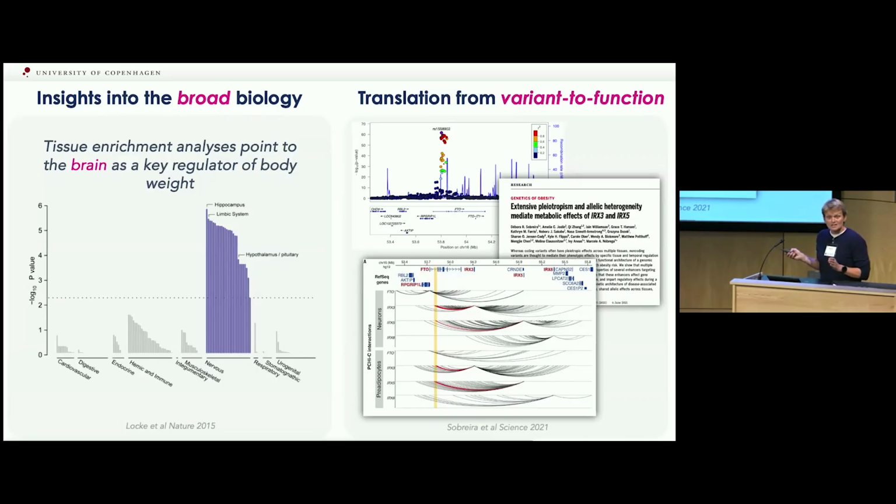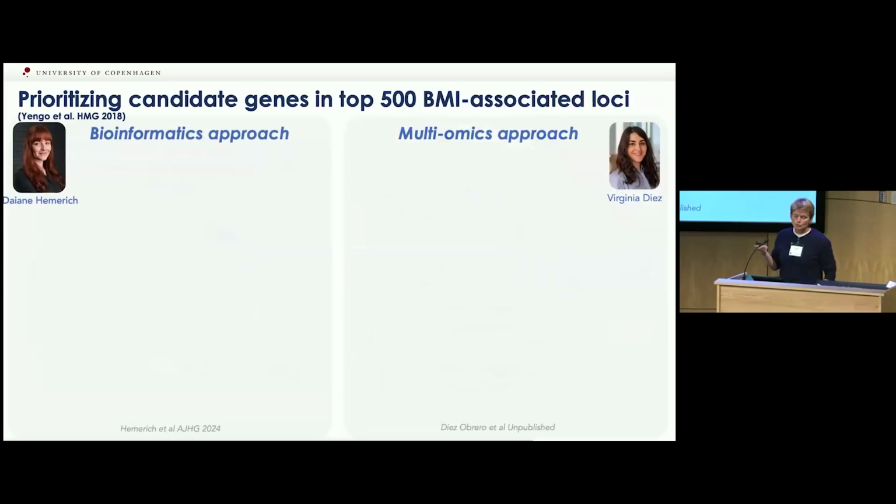And there's 1,700 variants actually that are waiting to be translated. Maybe there's like a dozen variants that have been translated from variant to function within the context of obesity, but that's about it. Within my team, we've tried to approach the variant to function in a more bioinformatic, statistical way, because I don't actually do lab work.